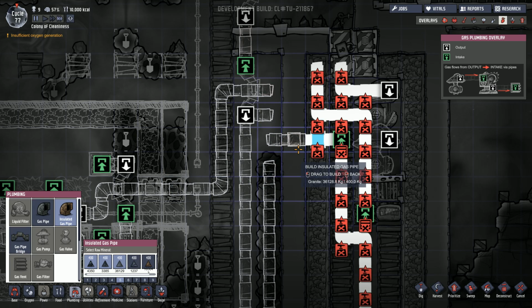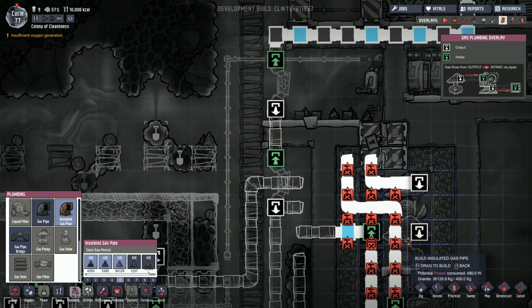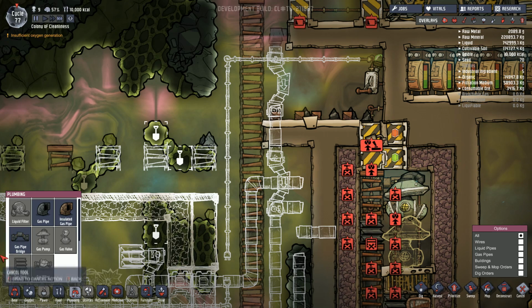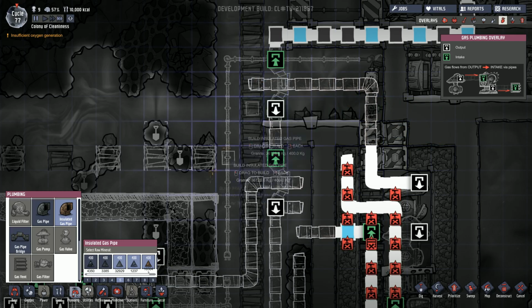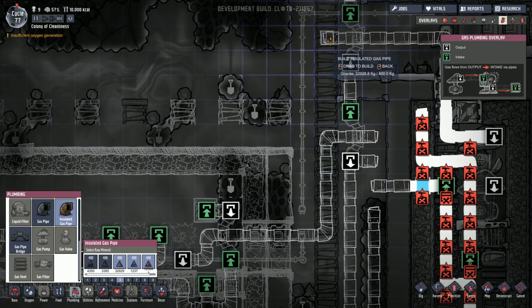Then it needs to get past that, so I can't do anything until this is demolished. That sucks. Okay, and then this will be the pumping line. Cancel demolishing that, because I want that to run through here, get past that. Then I'll need an additional filter over here, for the time being at least, which will make sure